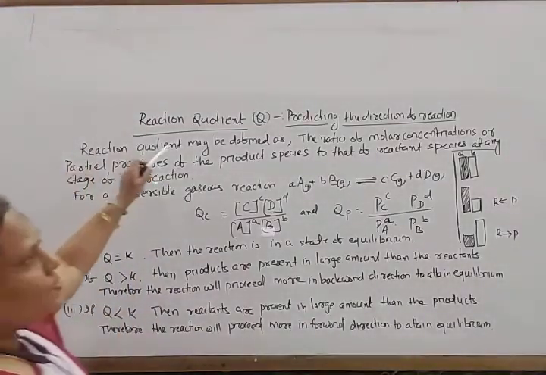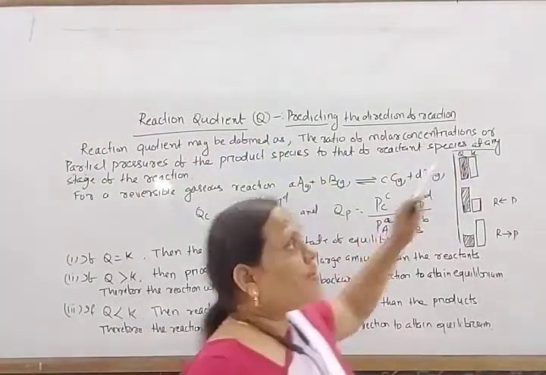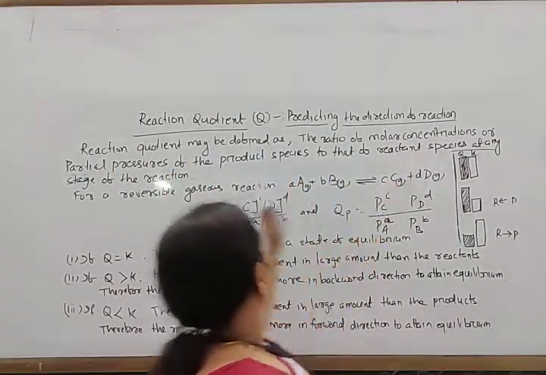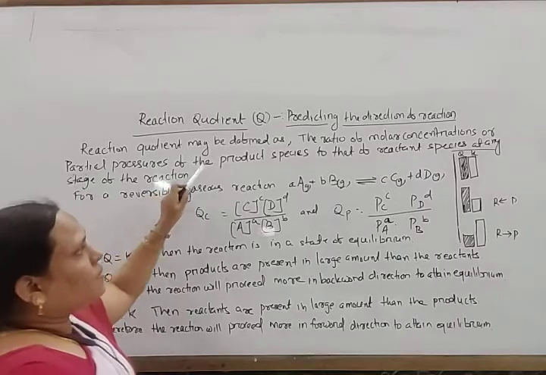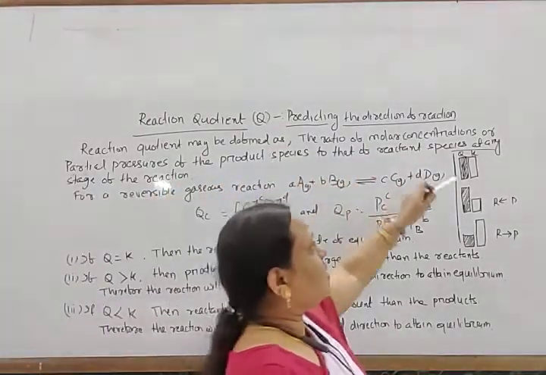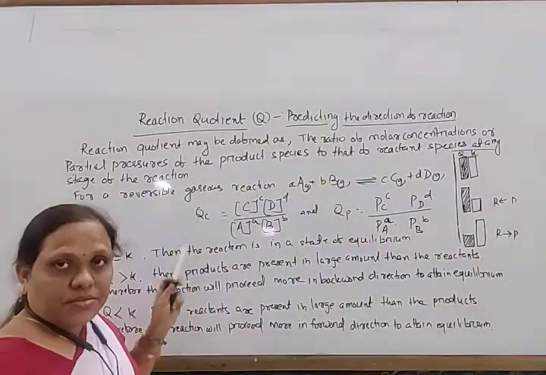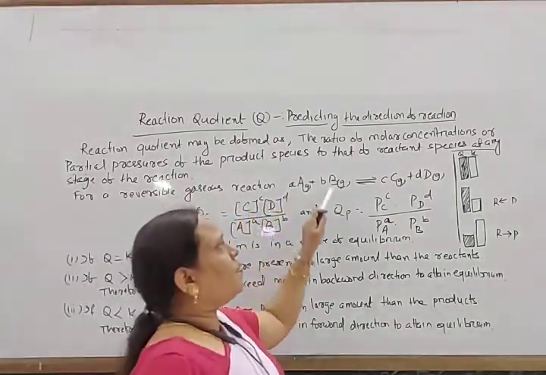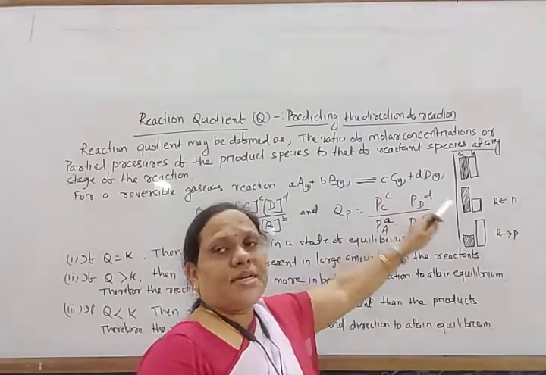So the reaction quotient predicts the direction of reaction. The reaction quotient may be defined as the ratio of molar concentrations or partial pressures of the product species to that of the reactant species at any stage of the reaction. So for a reversible gaseous reaction, aA plus bB gives cC plus dD,